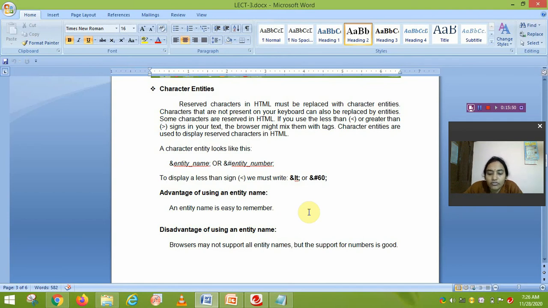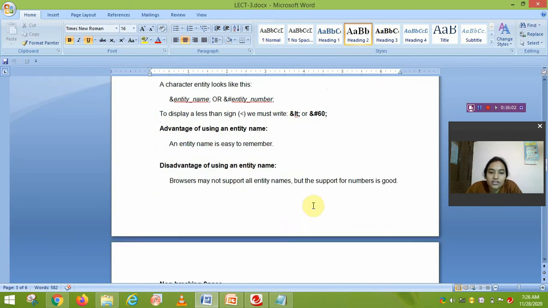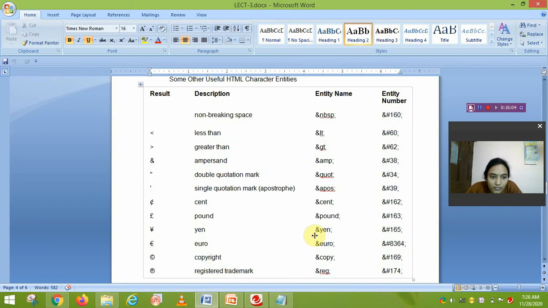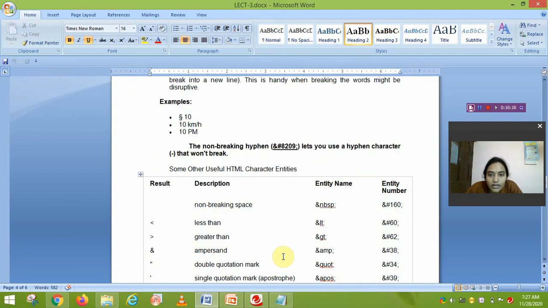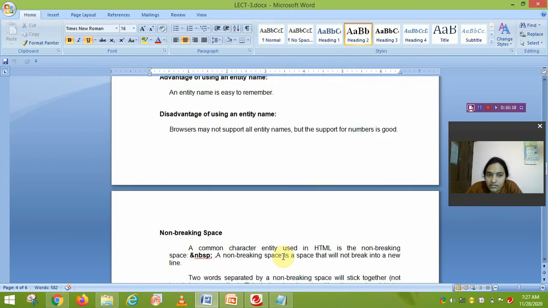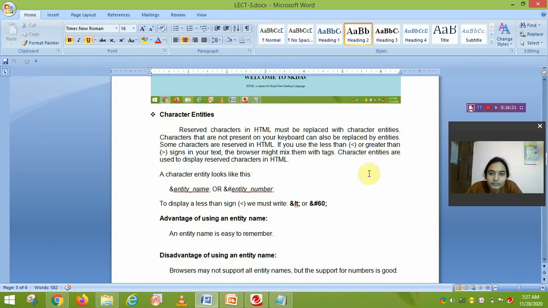That means in your keyboard less than, greater than, all these things are there, but some characters are not there, like the yen symbol, euro symbol, pound symbol. These things are not on your keyboard. So if you want to place them in the document, then we write the character entities, or we add the character entities.